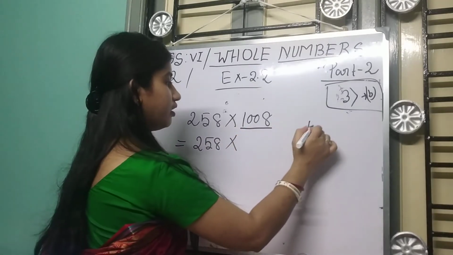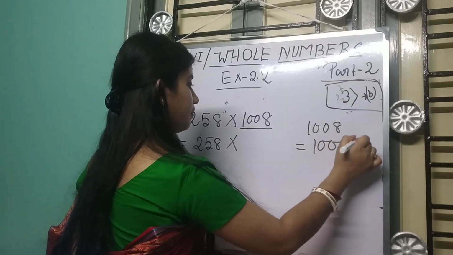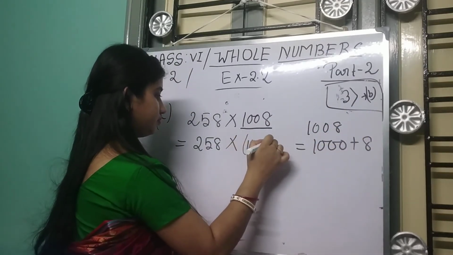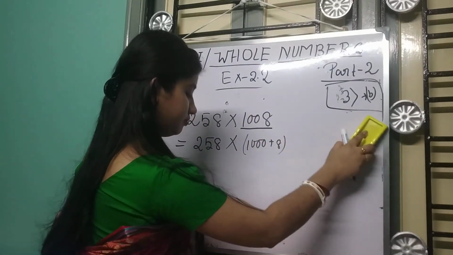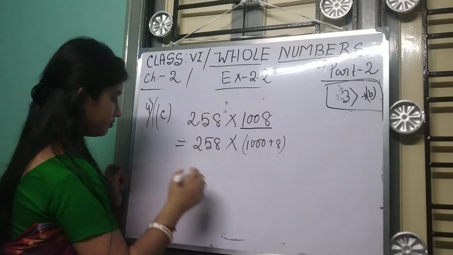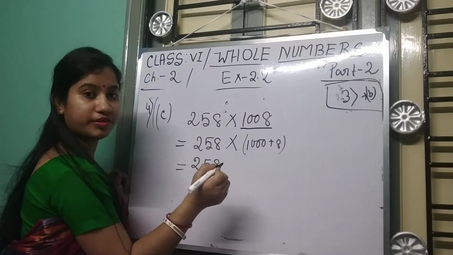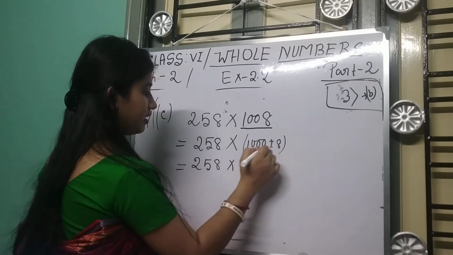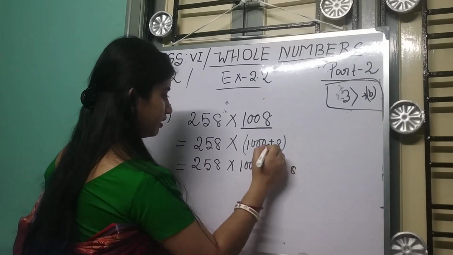We write 1008 as 1000 plus 8. Now we get 258 into 1000 plus again 258 into